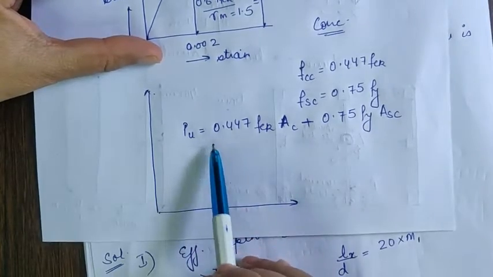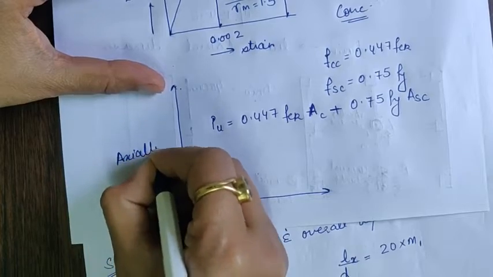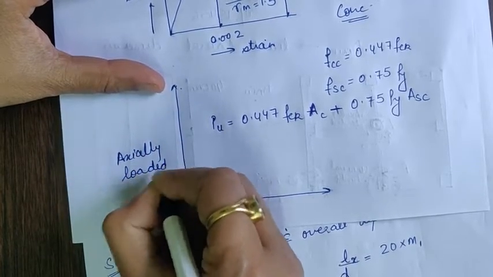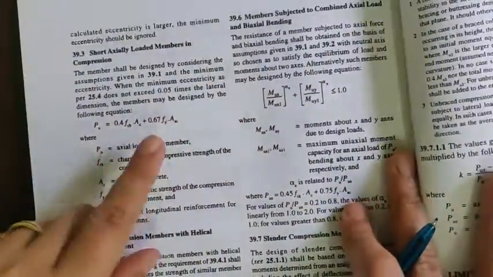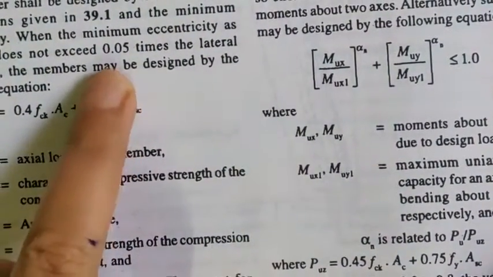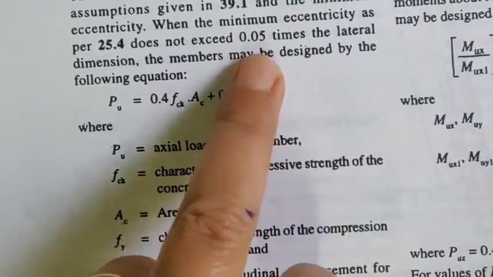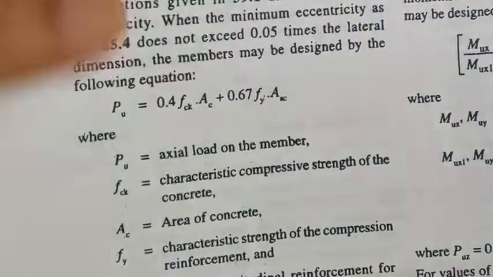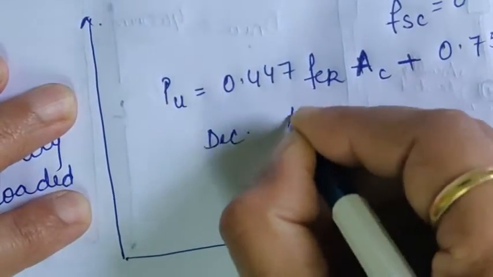Again, the code says that although it is an axially loaded column, we need to design the column for some minimum eccentricity, a minimum eccentricity of 0.05 times the least lateral dimension. So if we are allowing a minimum eccentricity, the code says to decrease the values